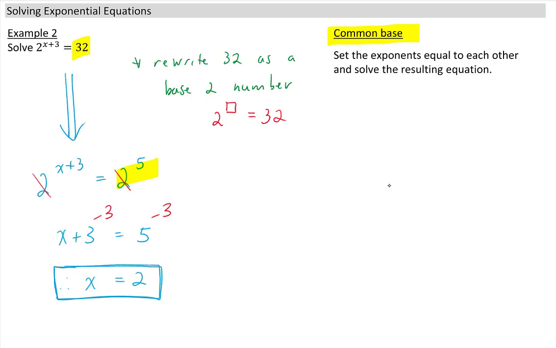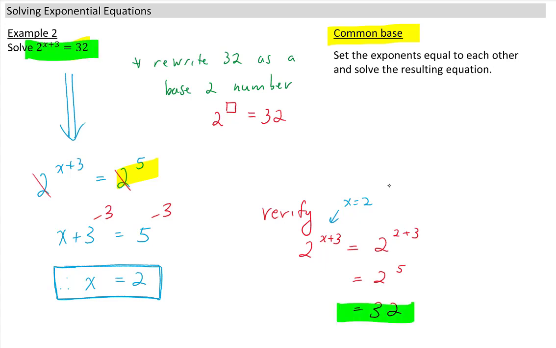We could verify this answer. So if we want to verify, we take our equation 2 to the exponent of x plus 3. We sub in our x value. So remember we said that x is equal to 2. We sub that in, we get 2 to the 2 plus 3, which is equal to 2 to the 5, which is equal to 32, which is what the equation stated at the start. So again, this is our common base method,